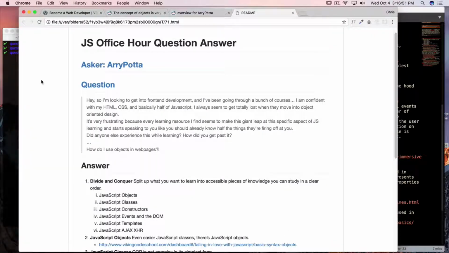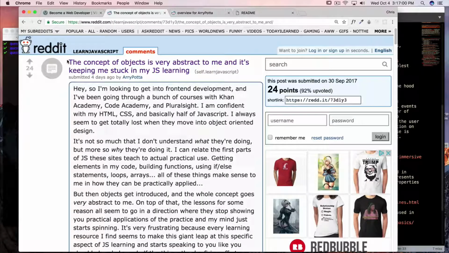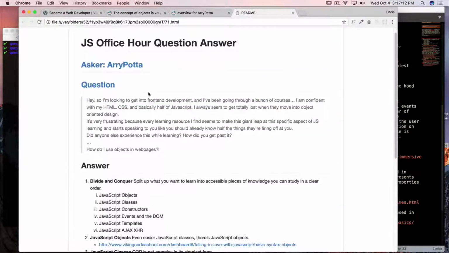And today what I'm going to be doing is answering a question asked by Ari Pata on Reddit. His basic question is that the concept of objects is very abstract to him, and it's keeping him stuck in his JS learning. And he goes on to say basically that he would like to know how to use objects in web pages, and also that when asking questions about object-oriented programming, it's very common to get bombarded with